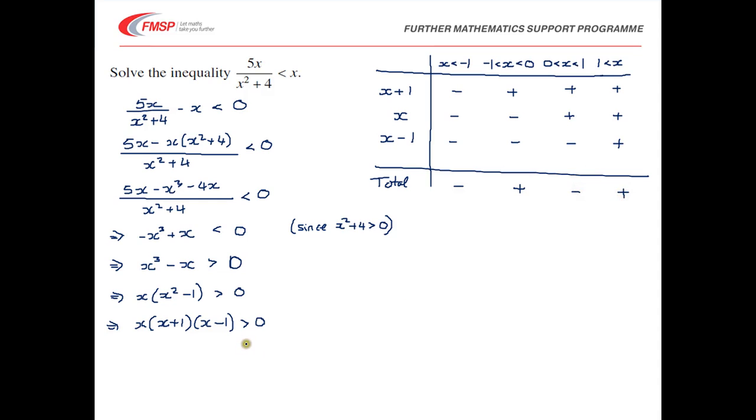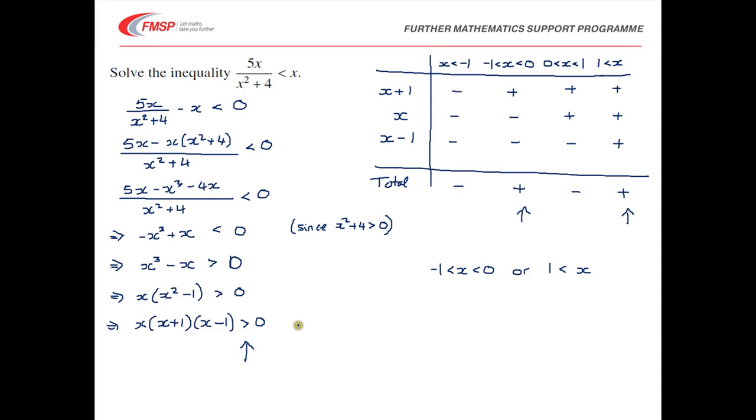I'm looking for when my expression is bigger than 0, so I'm looking at these two, and all I have to do is read off the inequalities at the top: -1 less than x less than 0, or 1 less than x. It would be perfectly acceptable to draw a graph of x cubed minus x and identify where it's bigger than 0,